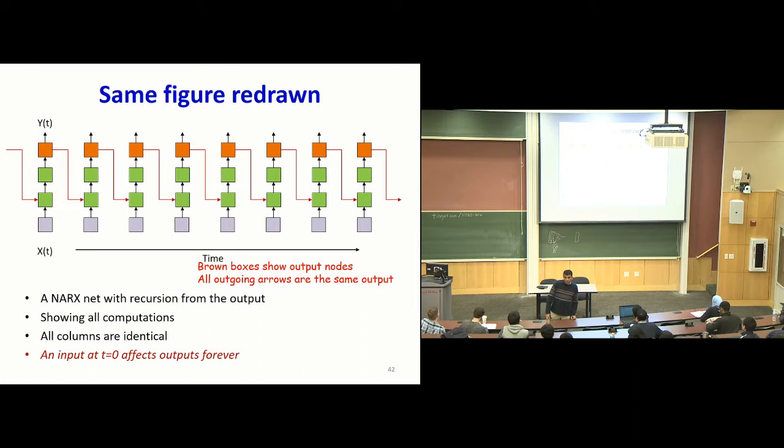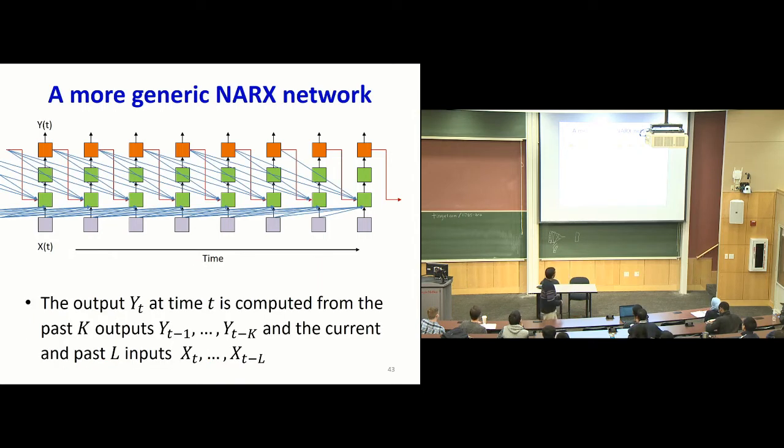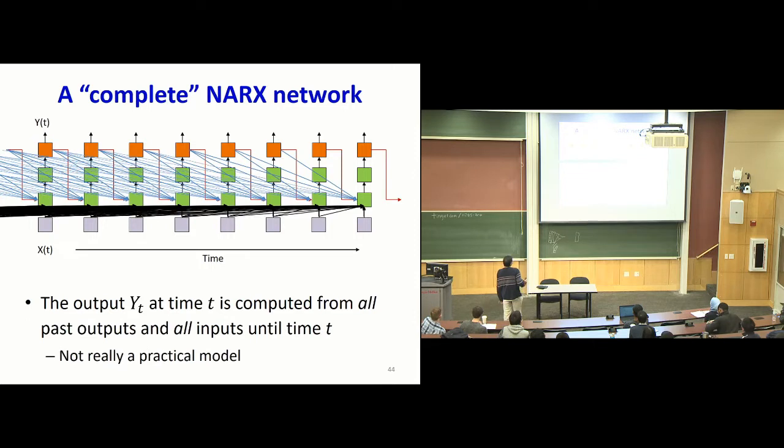Now you can refer to the immediate output, but then you can also refer to other outputs in the past to look at longer term trends. So you could do something like so, where at each time you look at a bunch of different outputs and also a bunch of different inputs. So this is combining the time delay structure and the recursed output structure. And so the output at time t is going to look at some k past outputs and some l past inputs. Now a complete Knox network, if you were to just expand the structure out, is going to look at the outputs from the infinite past and the inputs from the infinite past.